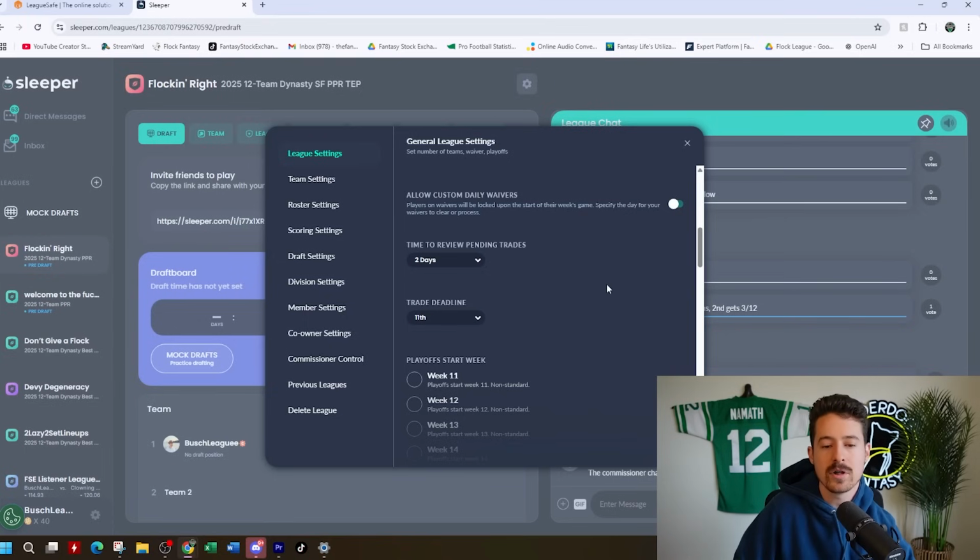I just leave it at the default for two reasons. Number one, you want to spot obvious collusion. If somebody tries to trade Justin Jefferson for a 4th round pick, you want to be able to see that before it goes through. And number two, and this is the primary reason I like to have time pending to review trades, is to make sure everybody is bought in, because sometimes